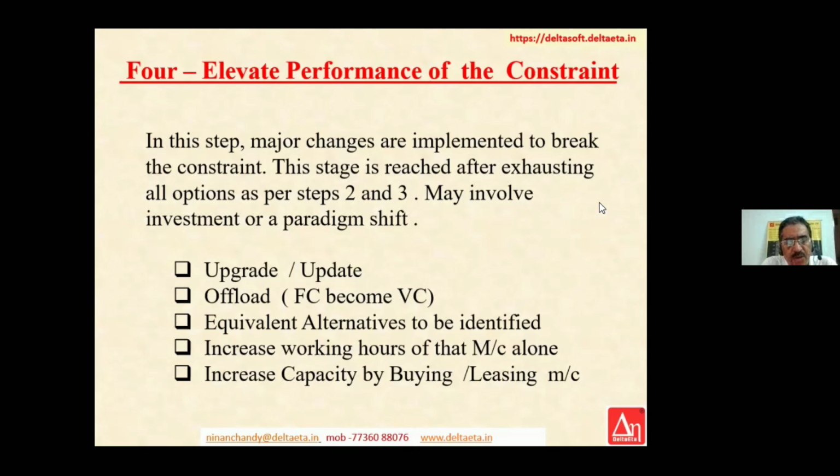Next time you find that your requirement is around 1,500, so you invest in a new machine. So now the cost of running both the machines is 2 lakh rupees. And if you're producing only 50% in the second machine, automatically your cost per piece goes up. It will not be the same 100. Instead, it will be something around 130. Unless you produce 2,000 pieces from both the machines together, you will not find any advantage coming from the new machine.